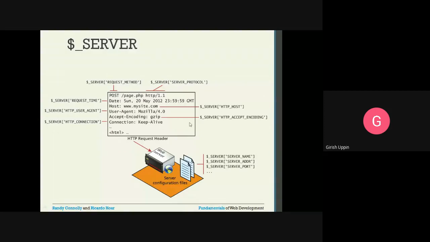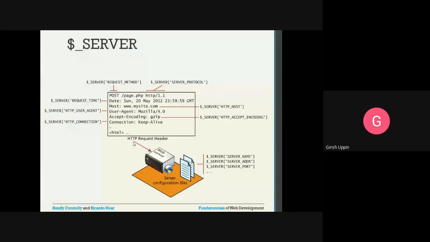Then this is the HTTP accept encoding. So whatever the encoding that is used, then HTTP connection keep alive, this information. So all this information can be accessed in the PHP code using $_SERVER given the key name, whichever is of your interest, you can provide that key name.